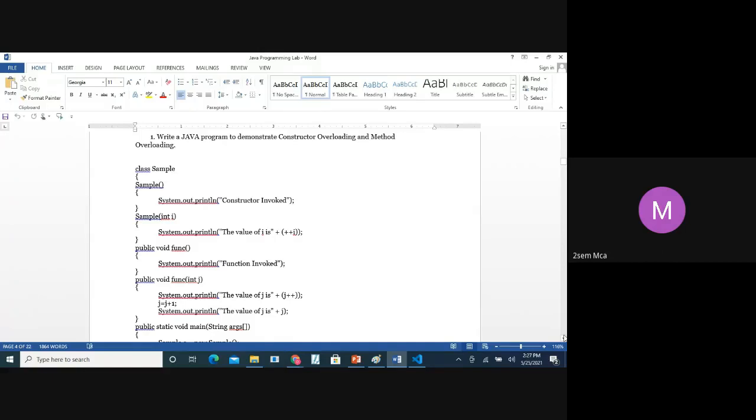Uma, present, ma'am. Jayant, present, ma'am. Divya, yes, ma'am. Kaushik. Lakshmi, Lavanya. Manish, present, ma'am. Lavanya present, network issue.